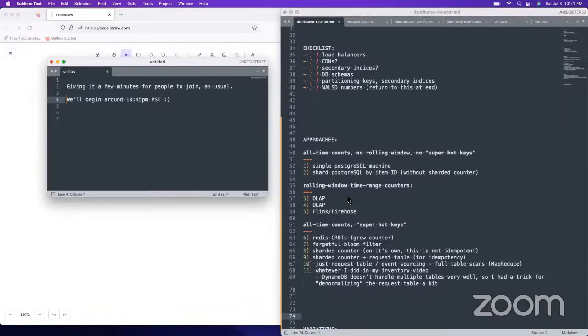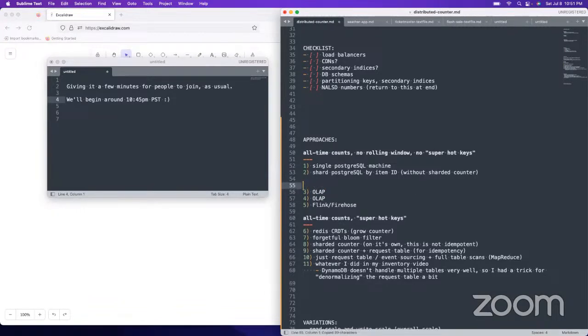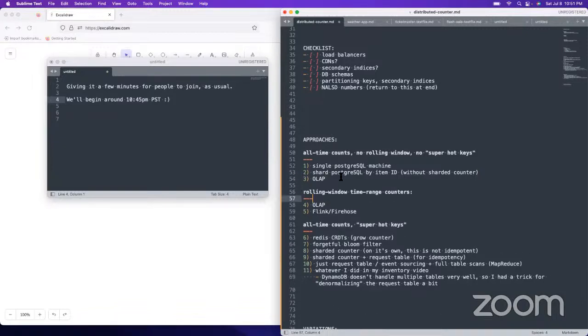And I have all, well, I didn't explain the OLAP ones properly. What was I doing with this? So I had one that was a rolling window approach, and the other one was not. This one was no materialized view.